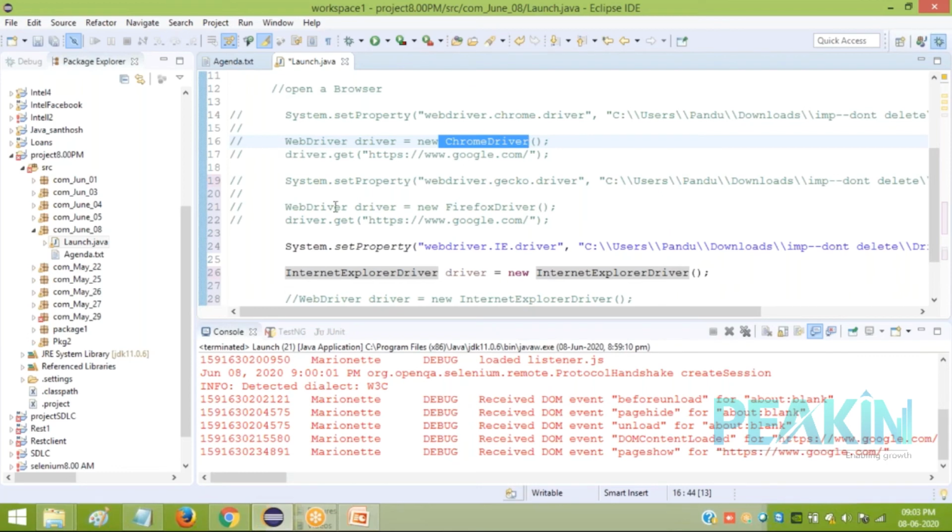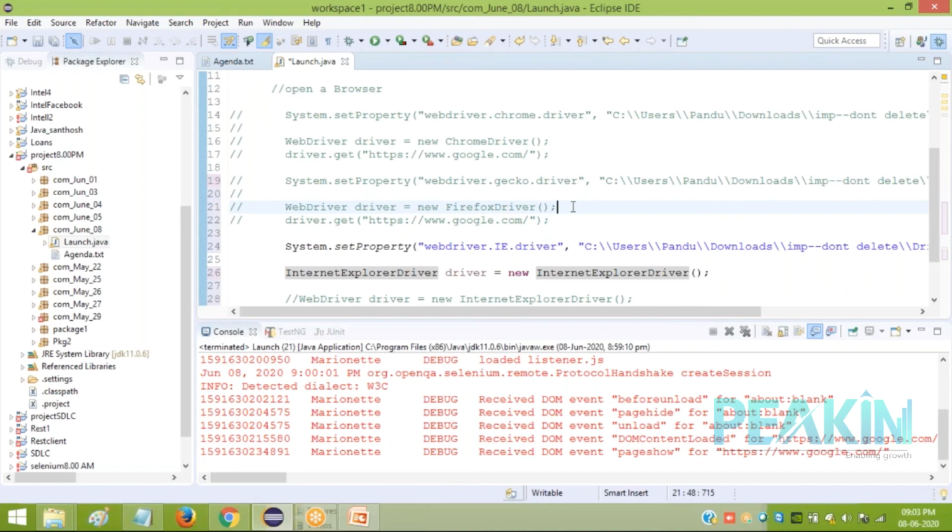Therefore, in industry we follow this approach. This also will work, but normally we use an object of the parent type, referring to the respective browser constructor. Is this point clear? Yes, Lakshmi.